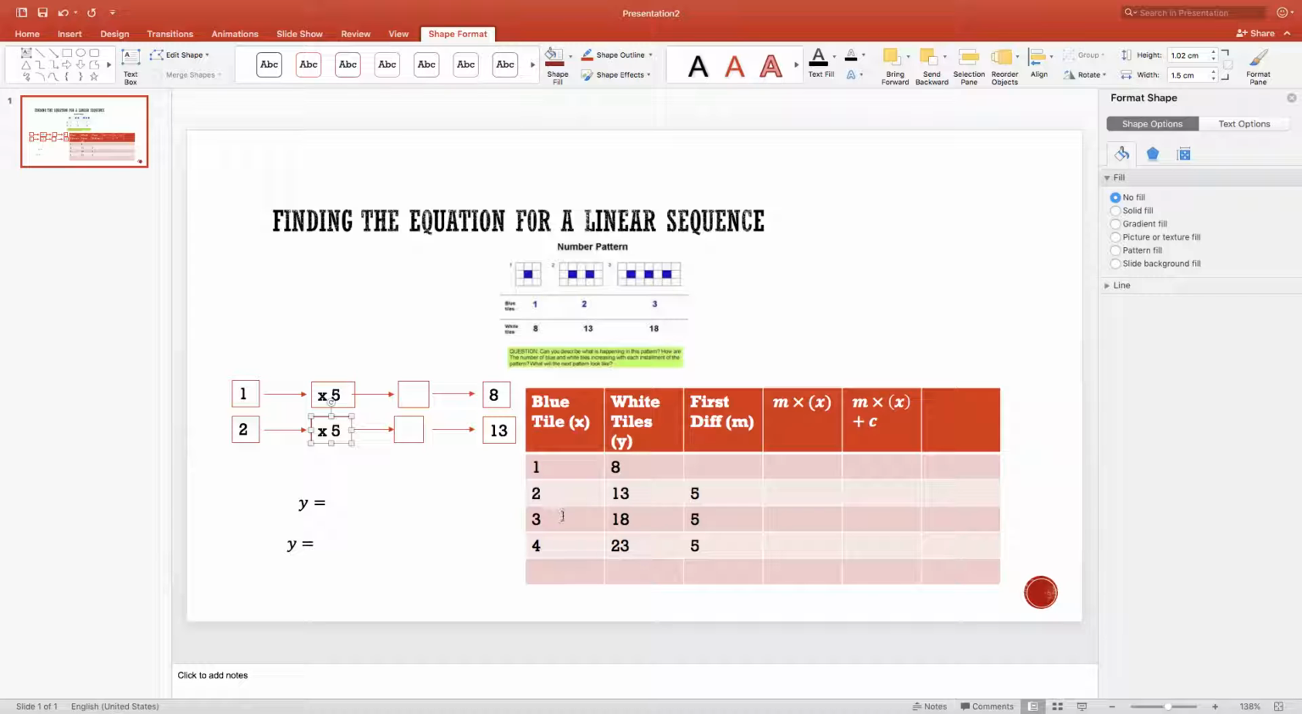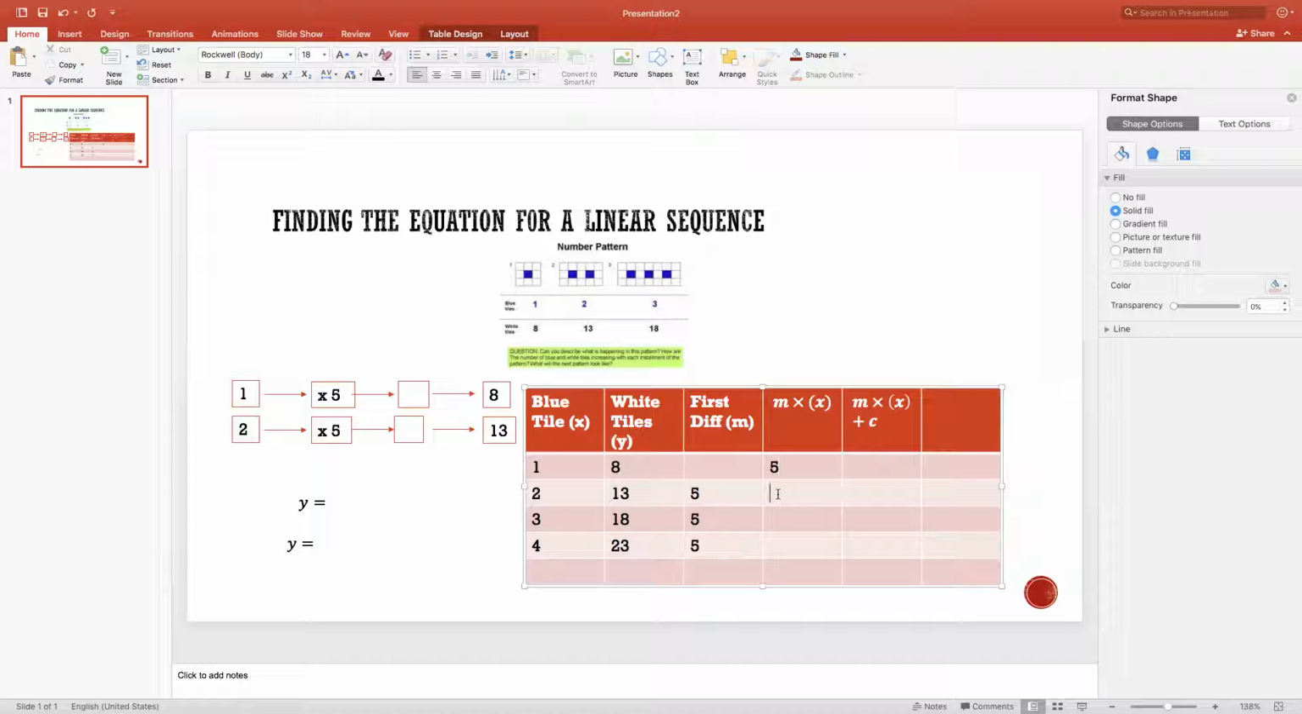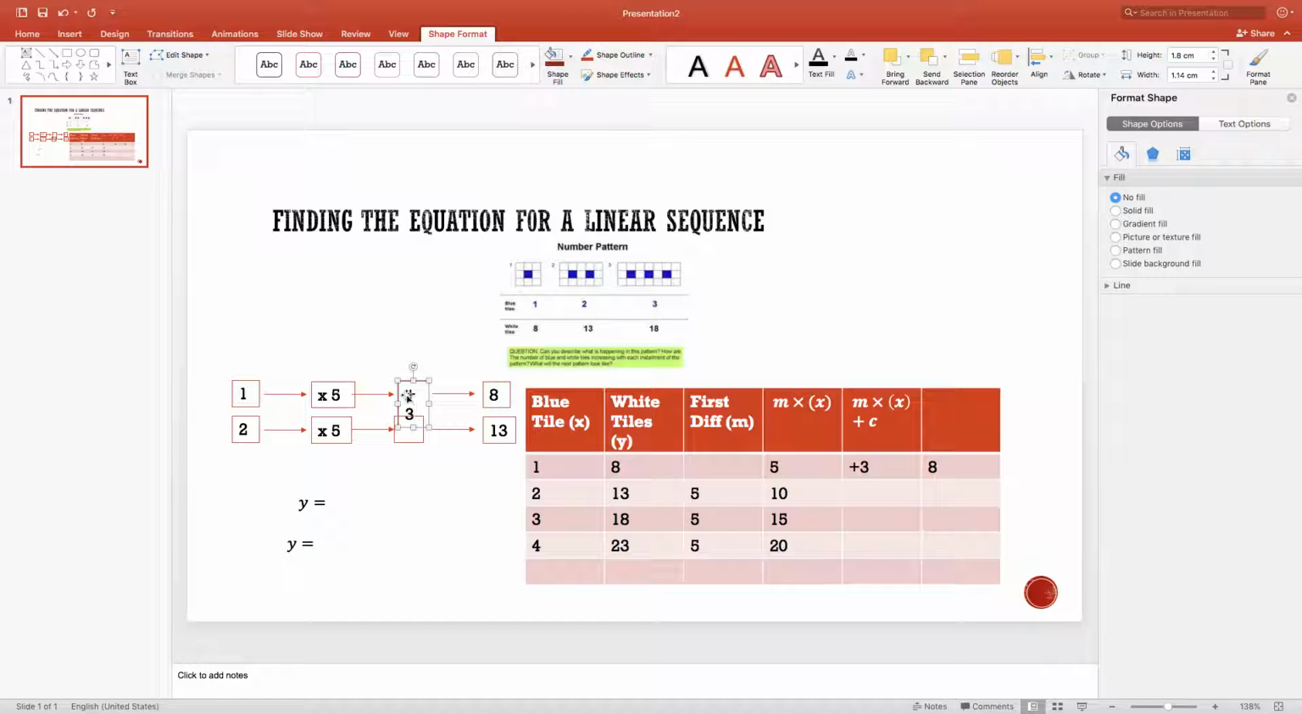I'm going to take these x values, the blue tiles, and multiply them by 5. So 1 times 5 is 5, 2 times 5 is 10, 3 times 5 is 15, 4 times 5 is 20. So what do I have to do to 5 to get it to 8? What do I have to do to 10 to get it to 13, 15 to 18, and 20 to 23? So if I take 5 and I add 3, so plus 3, that will give me 8. So if I do that here, plus 3,